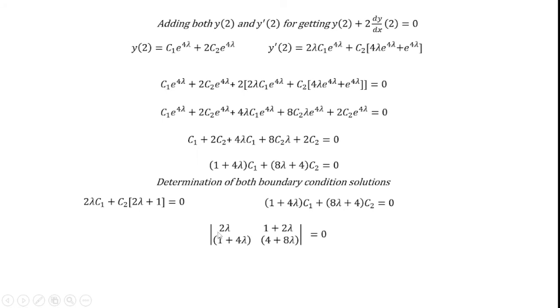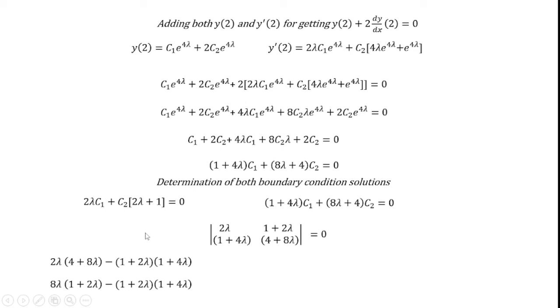Here the determinant can be conducted through matrix operation. I can collect the c1 coefficients individually. Here c1 is 2 lambda, and the other equation's c1 coefficient is 1 plus 4 lambda. After that I move to the next column. The next column is the c2 coefficients, which are 1 plus 2 lambda and then 4 plus 8 lambda. Likewise I can arrange it, and after that I can simplify. I already know how to perform the matrix operation. Here I can cross multiply the term 2 lambda into 4 plus 8 lambda and then minus 1 plus 2 lambda into 1 plus 4 lambda,